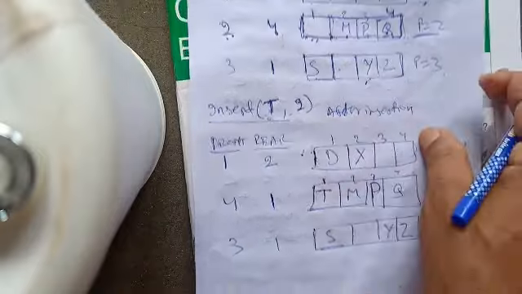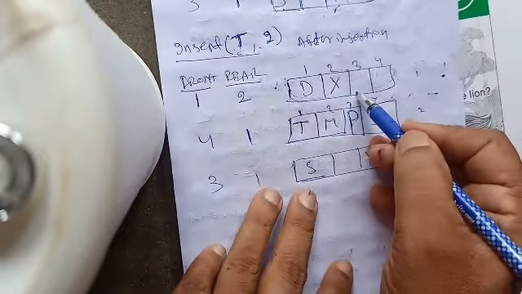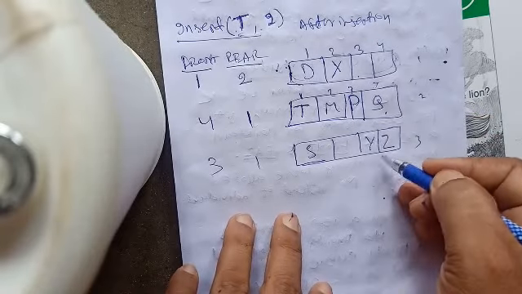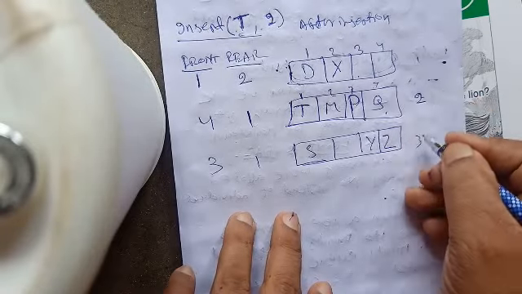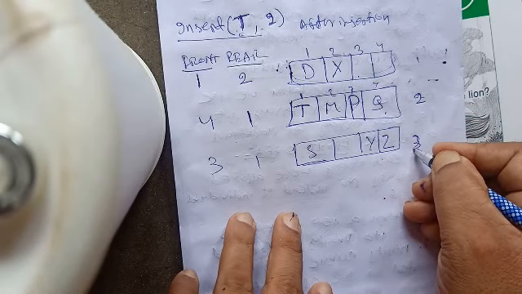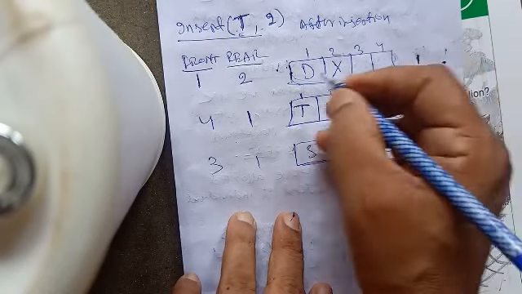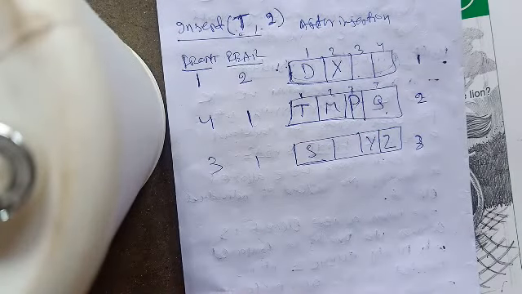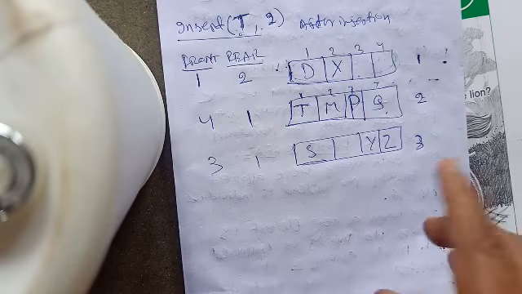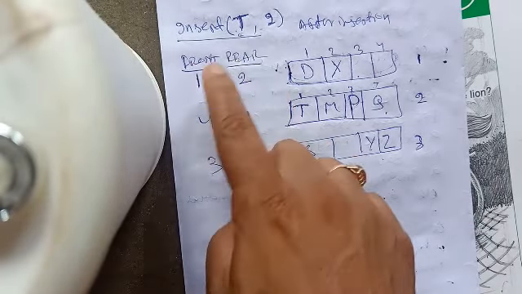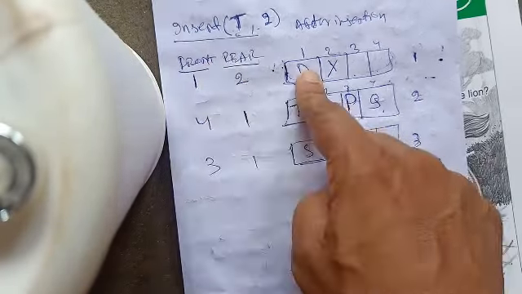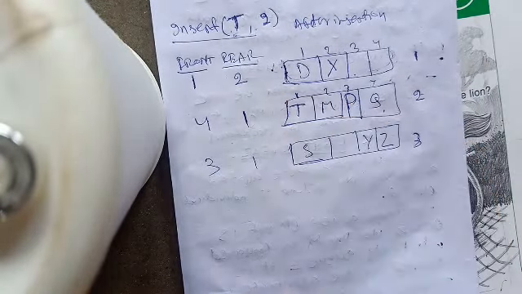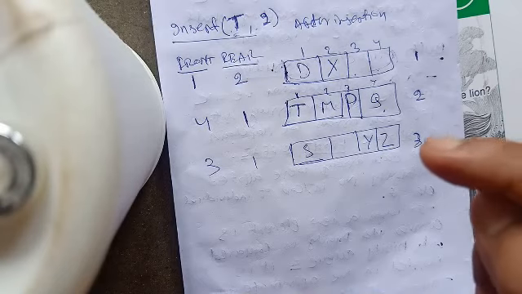Since there are some elements here, we cannot remove any element from the second queue or the third queue, because their rank or priority is 2 and 3. The priority of the first queue is 1, and we say it is the highest priority. Okay guys, you understood? I hope it is clear. Unless front and rear are both 0 for the first queue, I cannot remove any element from the second queue or the third queue.